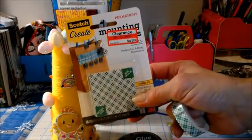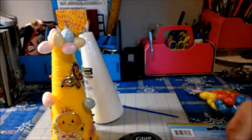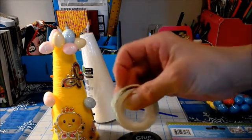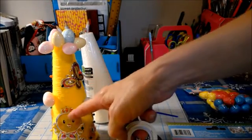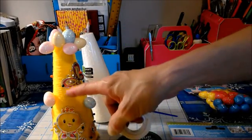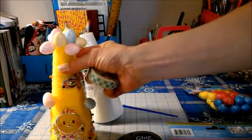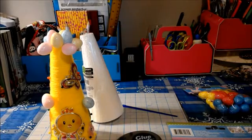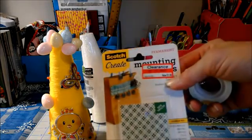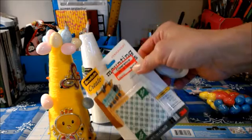Sorry about that. Or you could use some of this tape, which is basically the same thing as the mounting squares. It's double-sided. Now that will give your window clings dimension, like make them pop up off the tree, which would be rather cute in my opinion. I wish I'd thought about that before now. But I think that this tape, or the mounting squares, whatever, would be strong enough to hold it to the